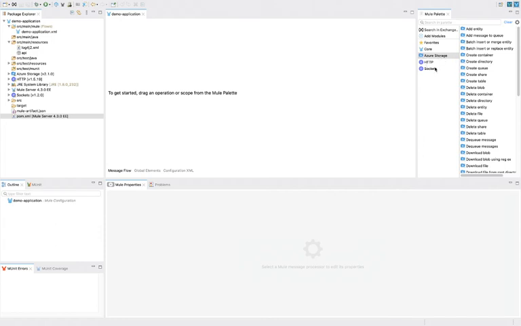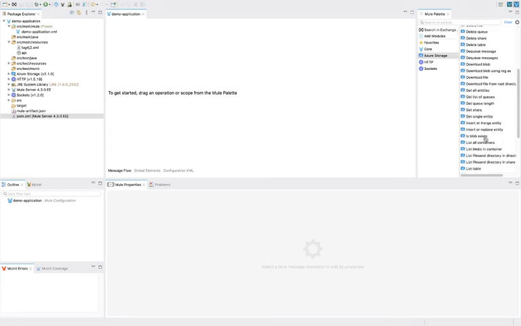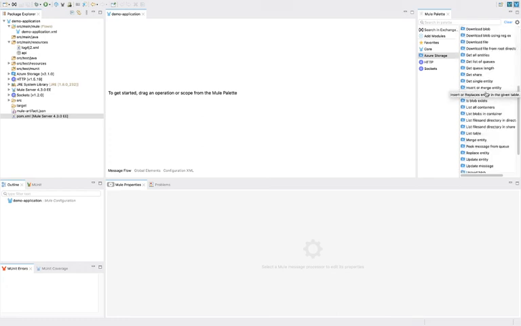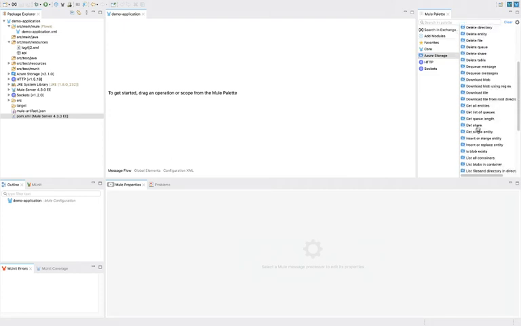Initially we had HTTP and socket only. Now you will be able to see the new connector, the Azure Storage connector, and this connector has lots of operations like add entity, add message. So we have multiple operations. As I told, any API has operations, and similar to that this connector also has operations. So whatever operation you want to use, you can drag and drop. In this way you can add new connectors.